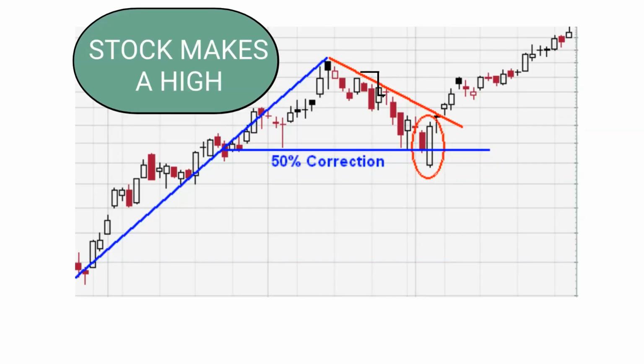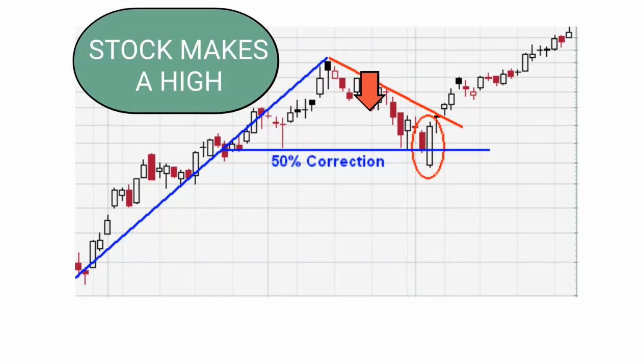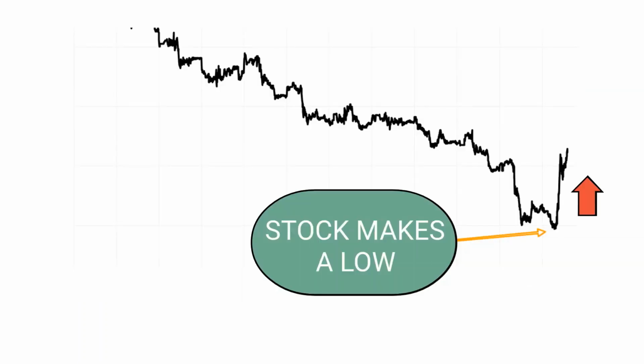Correction. A correction is a decline in the price of a stock from its most recent peak. Bounce. A bounce is a recovery in the price of a stock from its most recent low. Both corrections and bounces look like reversals. It appears that the uptrending stock has now started falling, or the downtrending stock has started rising. It works as a trap. Sky is the limit. There is simply no target for a market with an upward momentum.